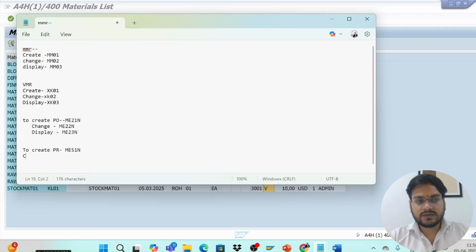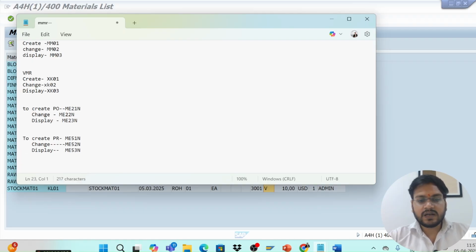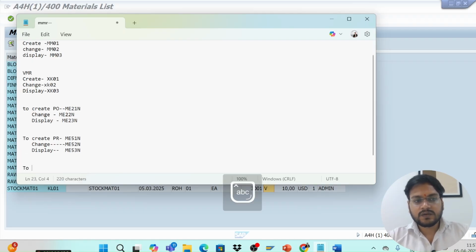To change, T code is ME52N. To display, T code is ME53N. Okay, same for RFQ. To create